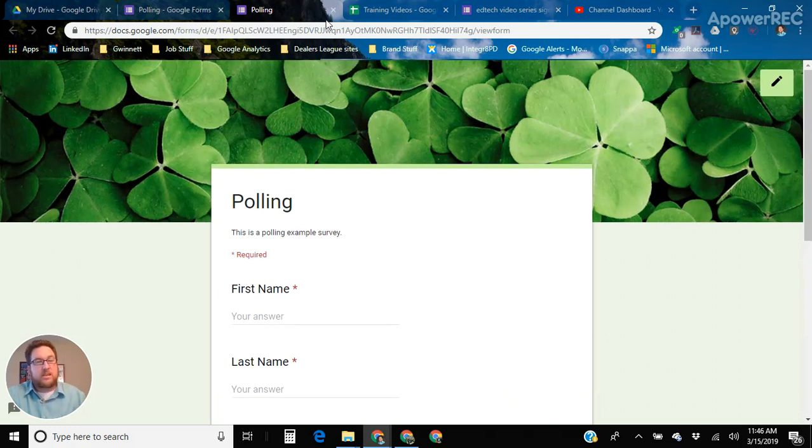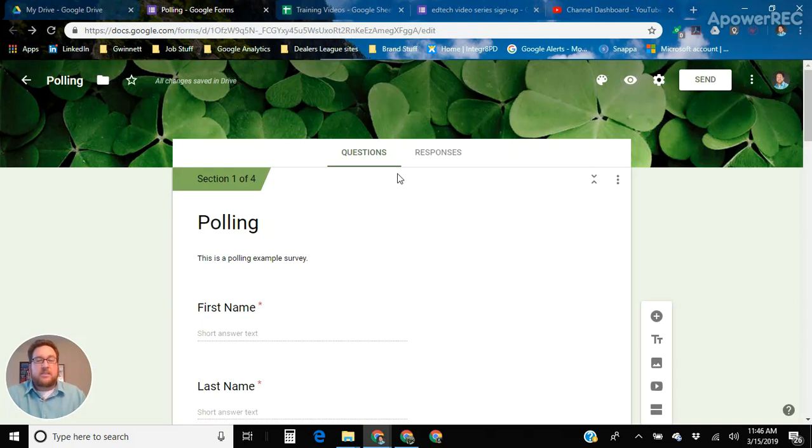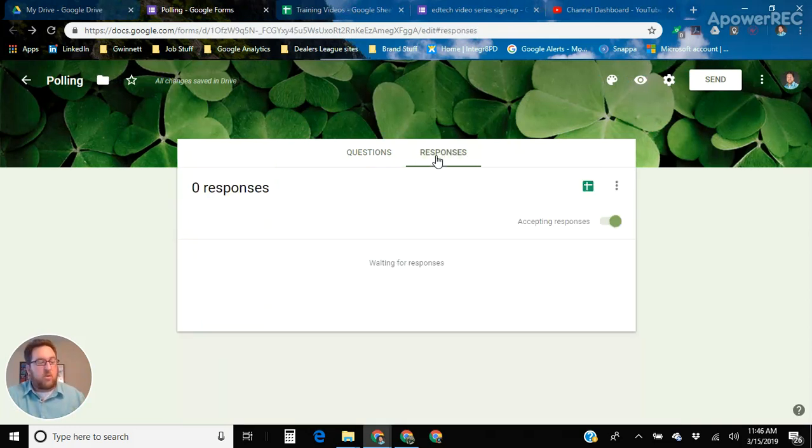So I like the way this looks, so I'm good with that. I'm going to leave it like that. And now I'm ready to work with data. And the whole point of these forms or these surveys, or if you're an educator and you want to use these as quizzes or formative assessments, is the data. That's the important part. So as you see, right now I have 0 responses, but I am waiting for responses